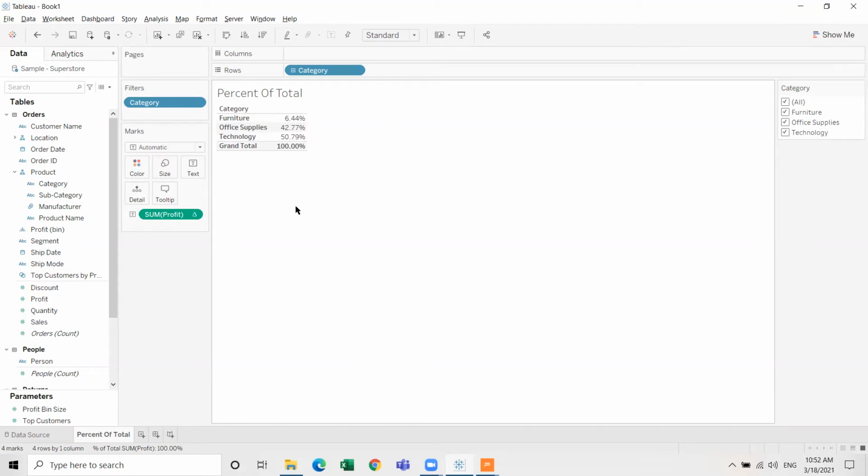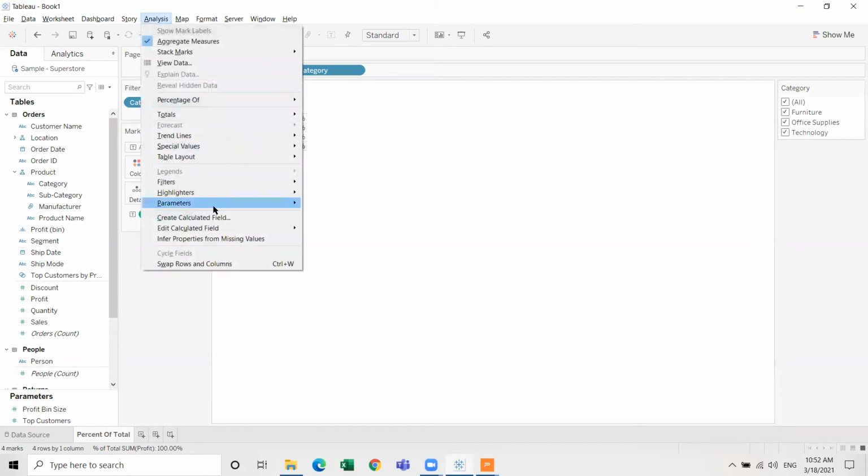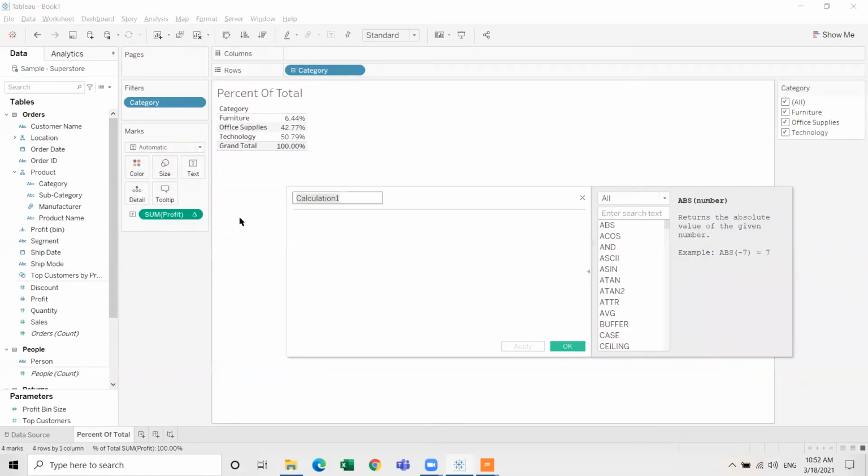But what if your requirement is to keep the absolute percentage as is, irrespective of whether or not the rest of the members are there, irrespective of the filter that is applied? In that case, we will have to take the help of fixed LOD expression. So I'm going to use an LOD expression to get me the total profit of the business